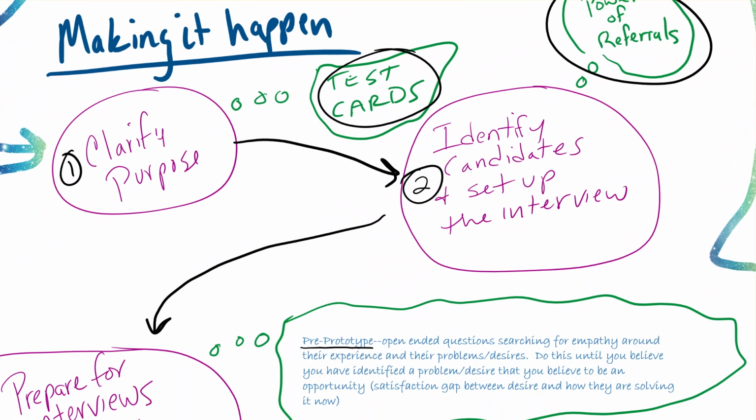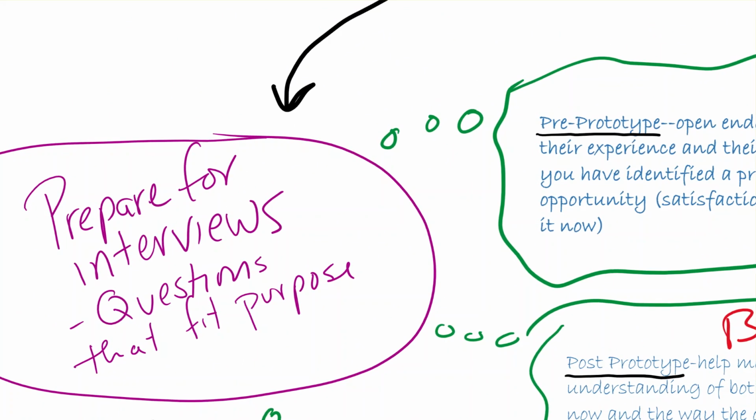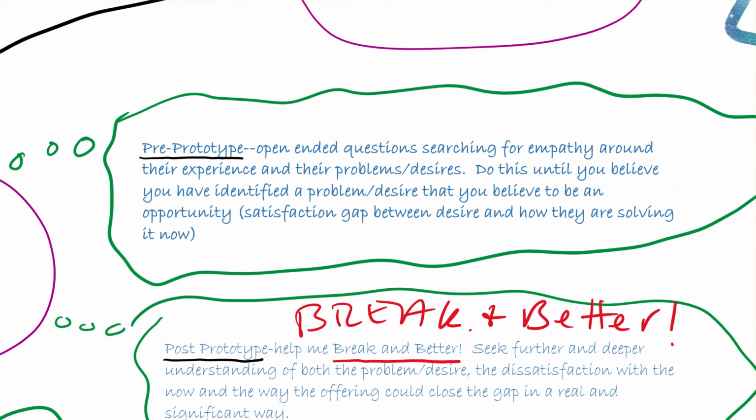Moving on from there, once you've got the candidates identified and set up the interviews, you want to prepare for those interviews. You want to get your questions to fit the purpose, and you want to think about where you are in your process. If you're pre-prototype, you want to have open-ended questions, searching for empathy around their experience and their problems and desires. You want to keep asking those things until you believe that you have an actual real opportunity identified, which is where there is a desire or a problem that this customer is trying to solve,